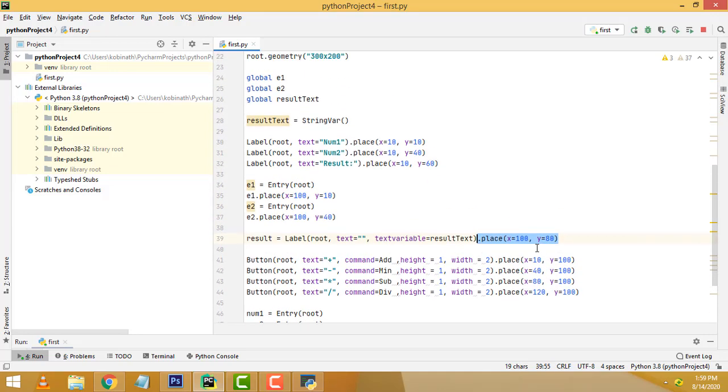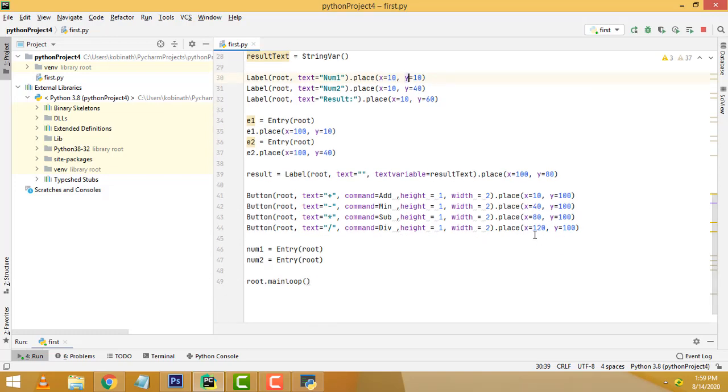This is very important when you are writing a program in Python. If you understand x and y, you will be able to create the user interface very easily, right? Don't worry about very easy stuff. All these codes I have pasted on my website. You will be able to just copy, paste and run the code, right? It's very simple. First you have to understand before you run the code. Each and every line is the most important stuff for learning Python for beginners, right?